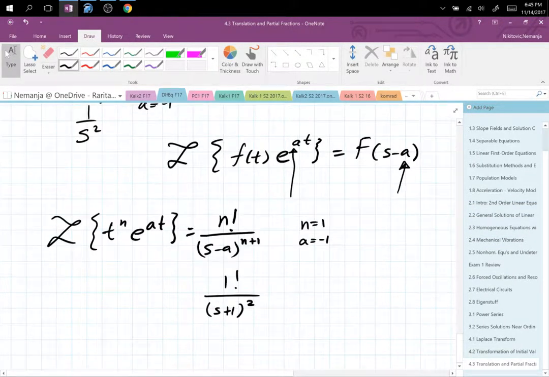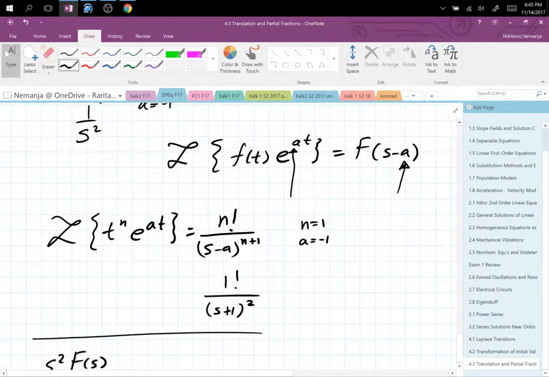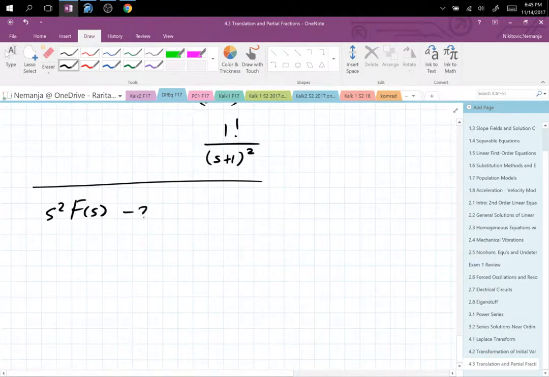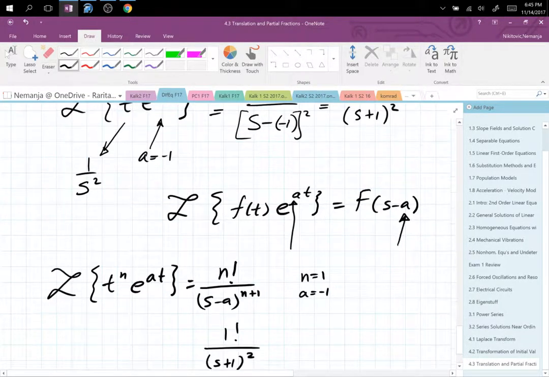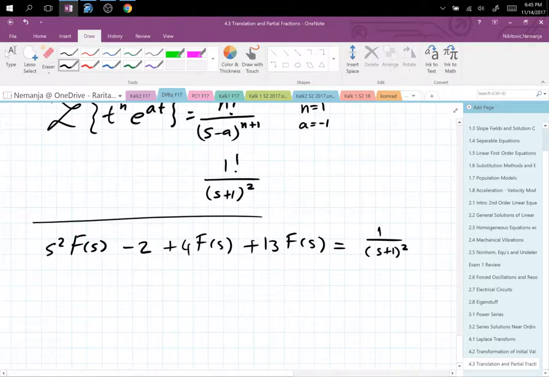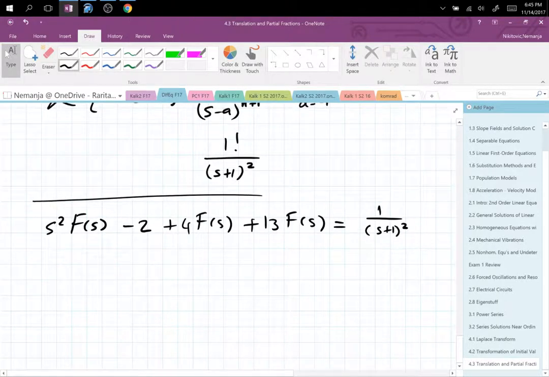Now we take it from that. So s squared f of s. This one dies, minus 2. The next one is plus 4 f of s. Then the next one dies. Then we have plus 13 f of s equals 1 over (s plus 1) squared. There we go. So now, factor out f of s,